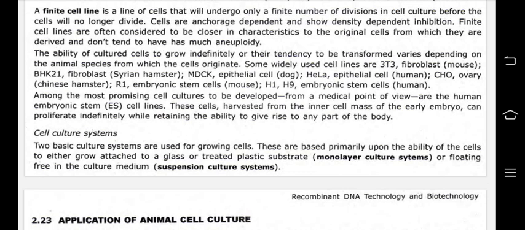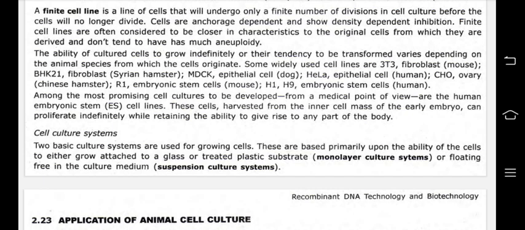The ability of cultured cells to grow indefinitely or their tendency to be transformed varies depending on the animal species from which the cells originate. Some widely used cell lines are 3T3 fibroblast of mouse, BHK21 fibroblast of Syrian hamster, MDCK epithelial cell of dog, HeLa cells, an epithelial cell of human, CHO ovary of Chinese hamster, R1 embryonic stem cells of mouse,